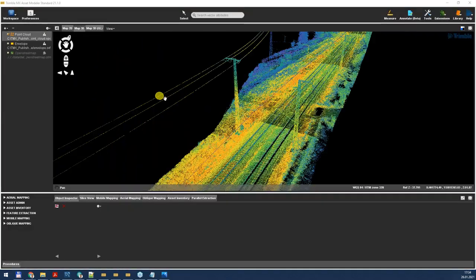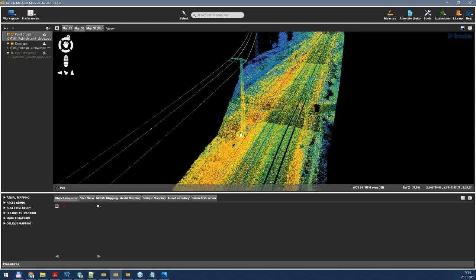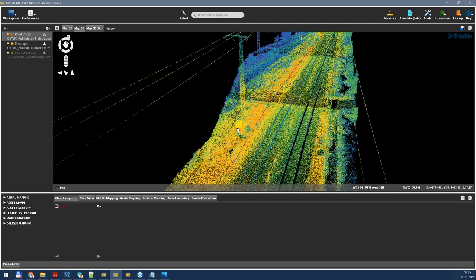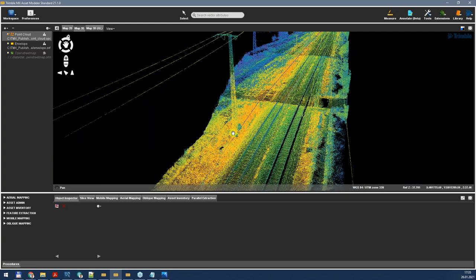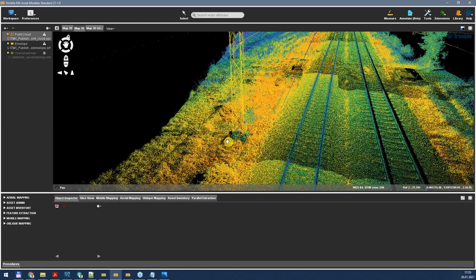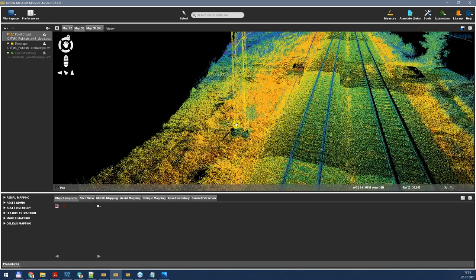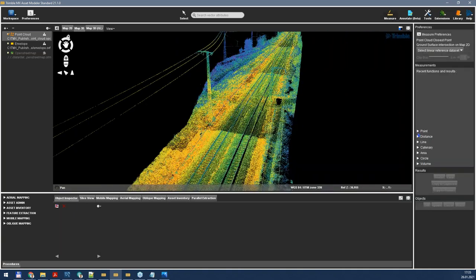Okay, so for the new features of Asset Modeler, I will use this data set, and the first feature that we'd like to see is how to measure the height of this tower when there is no clear definition of our ground. So for that reason, I can use the ground surface definition that we just explained. But to do so, I can just hover my mouse, and in the place that we are going to define the ground height, I can set the point there to establish my reference point,